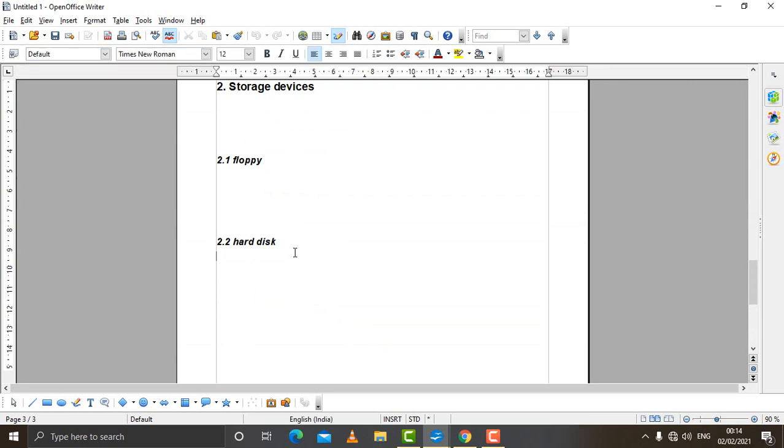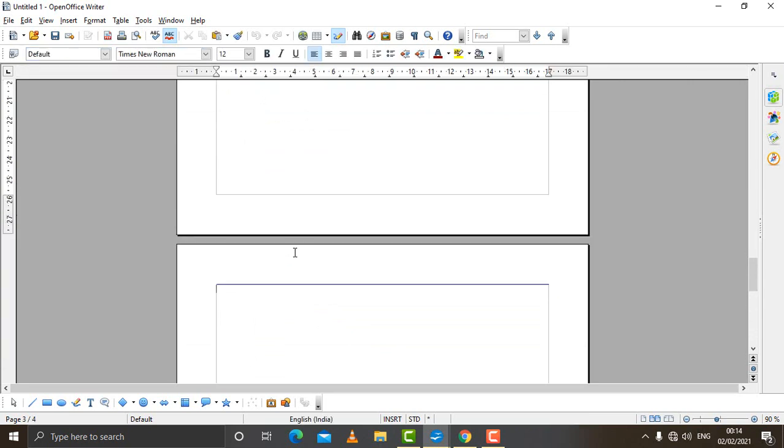the next thing you want to do is add more entries. So again click on enter and write some more heading. Say for example softwares, system software, application software, and so on.